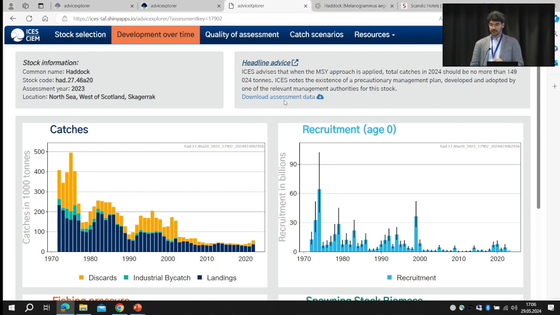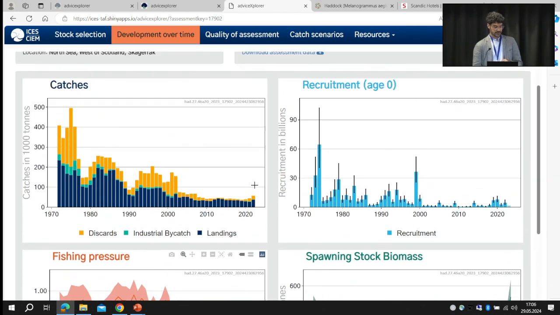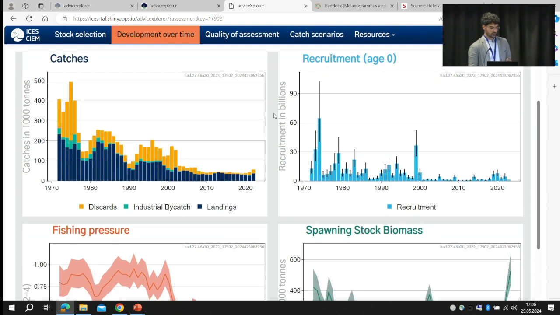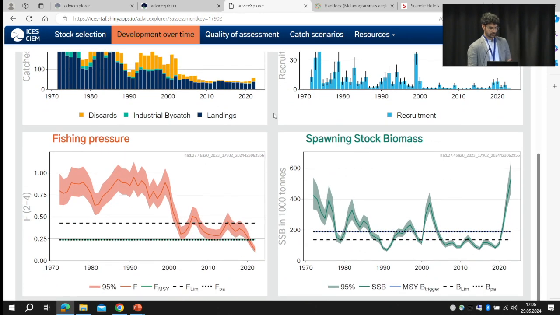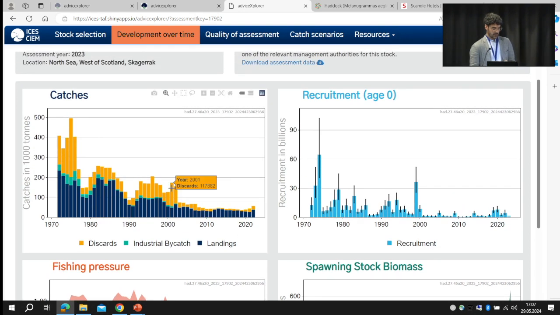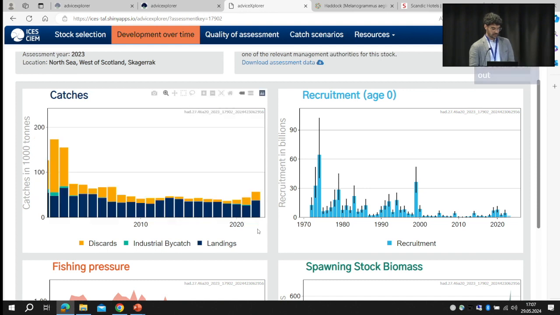We can download the data using this button here, so the data that was used to build these 4 plots. Here, for example, depending on the stocks, we have different variables that are shown, but for example, here we have catches, recruitment, fishing pressure, and spawning stock biomass. All the plots are interactive, so we can go on top of it, check the values, zoom in and zoom out, save it as a PNG